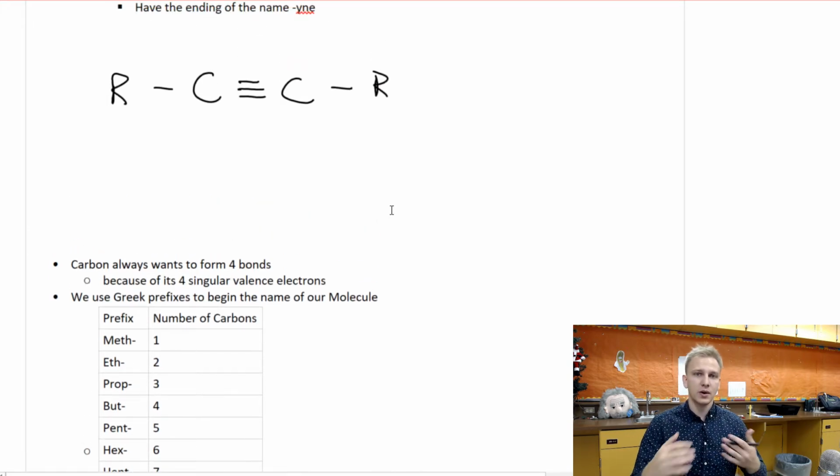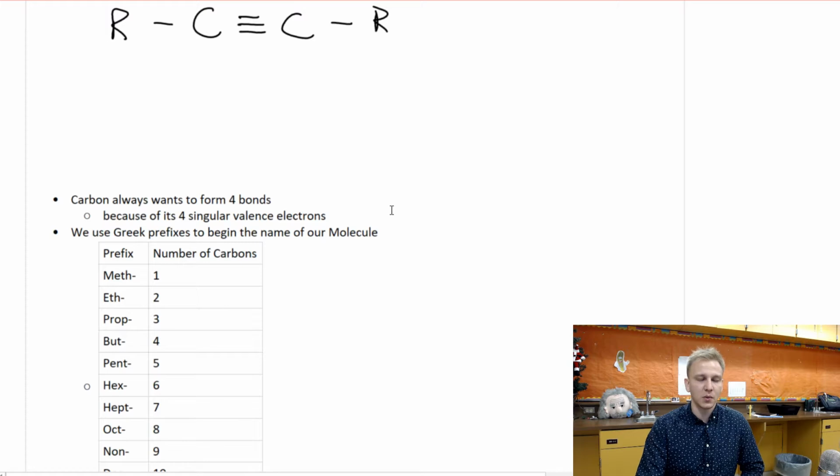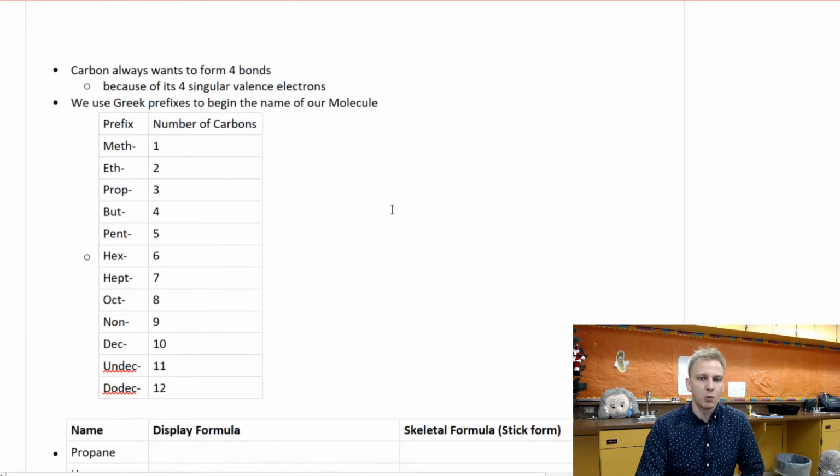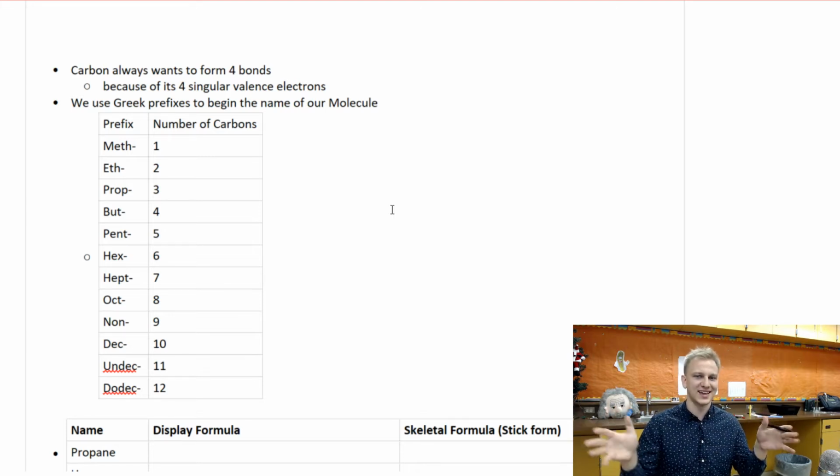Now, when we get long chains of carbons, we want to be able to list and number how many consecutive carbons there are. Unfortunately, we're not going to use the same prefixes we used before with molecular compounds. When we were naming molecular compounds, we used mono, di, tri, tetra, penta, hexa, hepta, octa, nona, and deca. Now, because we're talking about longer strings and only about carbons, not how many oxygens there are,